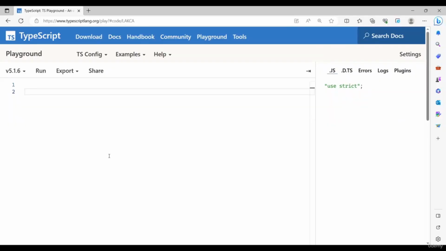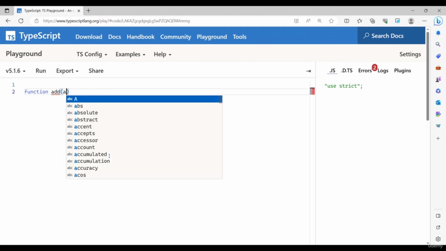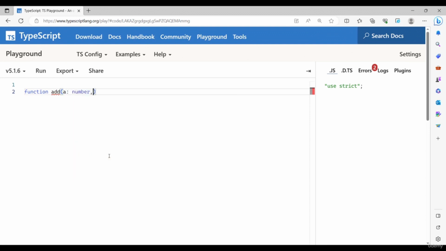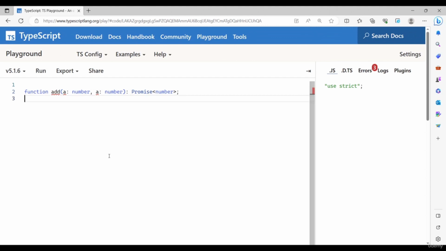So let's say we have a function, let's call it add function. It's going to take two numbers, first, which is a number, and the second number, which is also a number. And this function is going to return a promise with a number. So this is the function that we have first of all, and it is the add function,